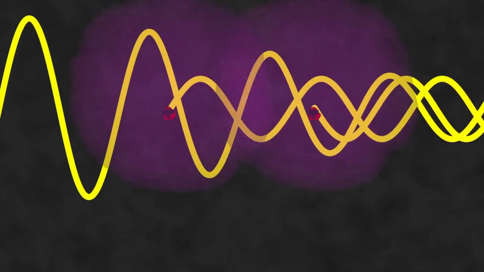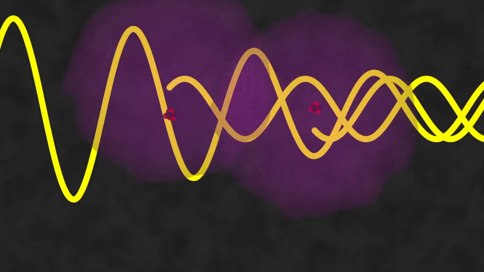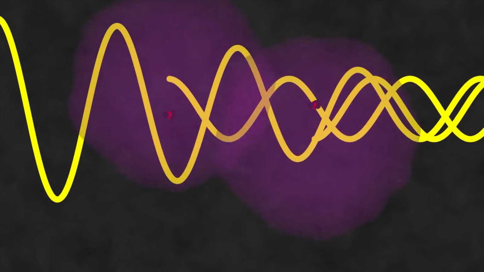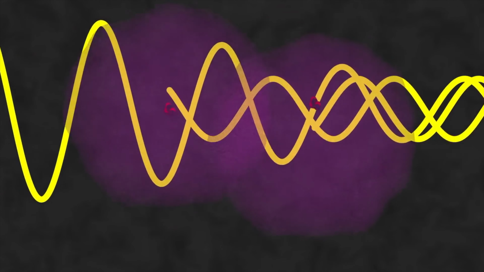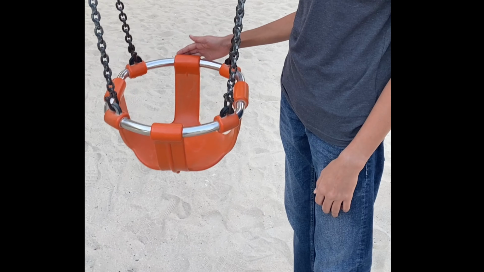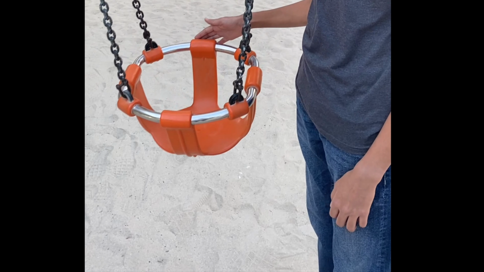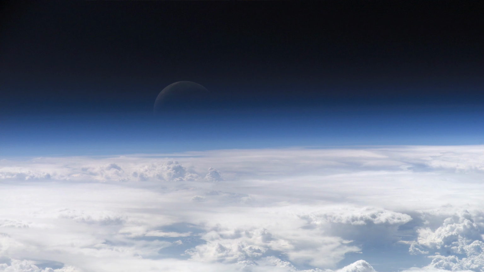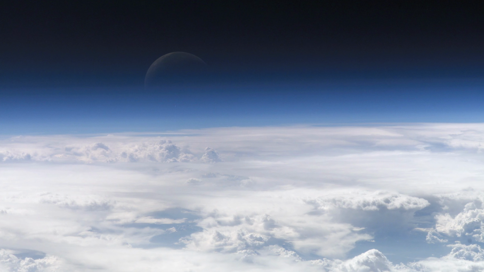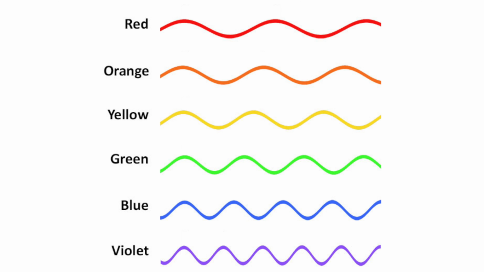When the light hits the electron, it starts to vibrate because of the oscillating electric fields. The electron has a frequency at which it will move the most, just like the swing. Nitrogen and oxygen, which make up most of the Earth's atmosphere, resonate in the ultraviolet frequency. Because blue is closer to ultraviolet than other colors, it is scattered the most. And that is the answer to why the sky is blue.